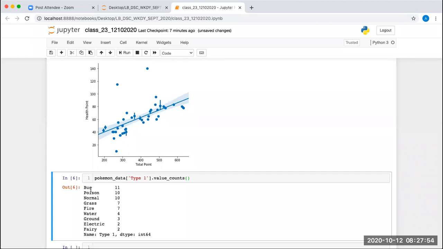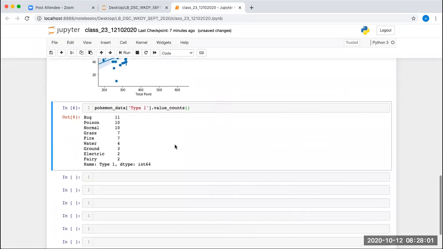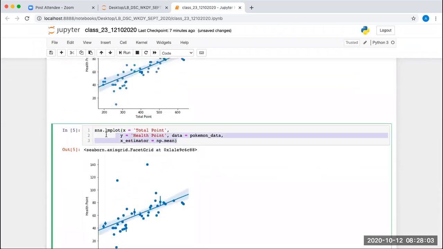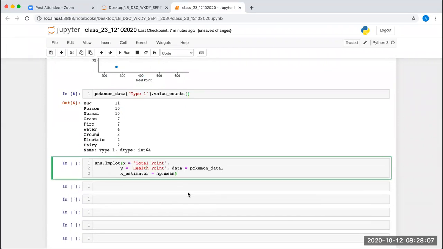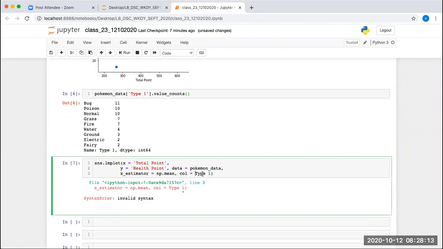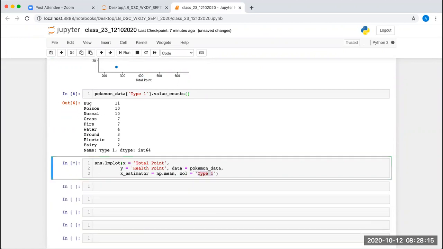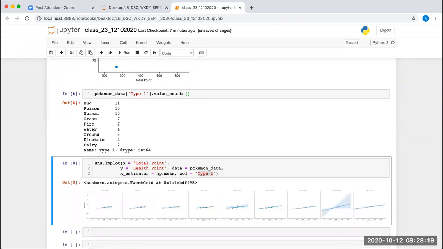For every value, I want a separate linear plot. How can I do that? You can mention the col attribute here: col equals type 1. It will give you the linear plot of every type.